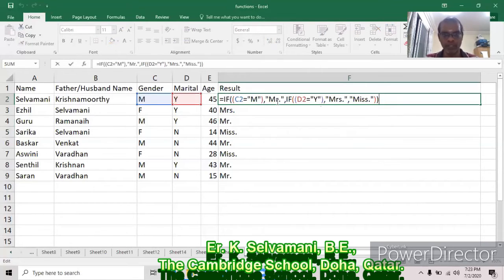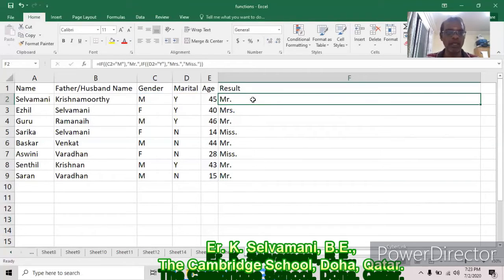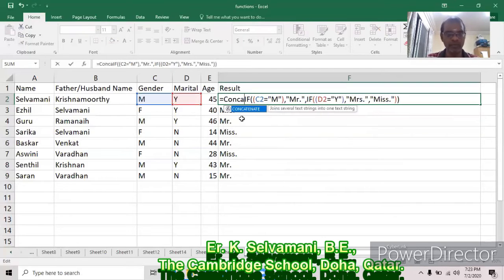Now we are having Mr. here. Along with Mr., K should be joined. K should be appended along with Mr. Then we have to concatenate these two texts, Mr. as well as K. Before the IF, we go here, concatenate, and paste. Open bracket.